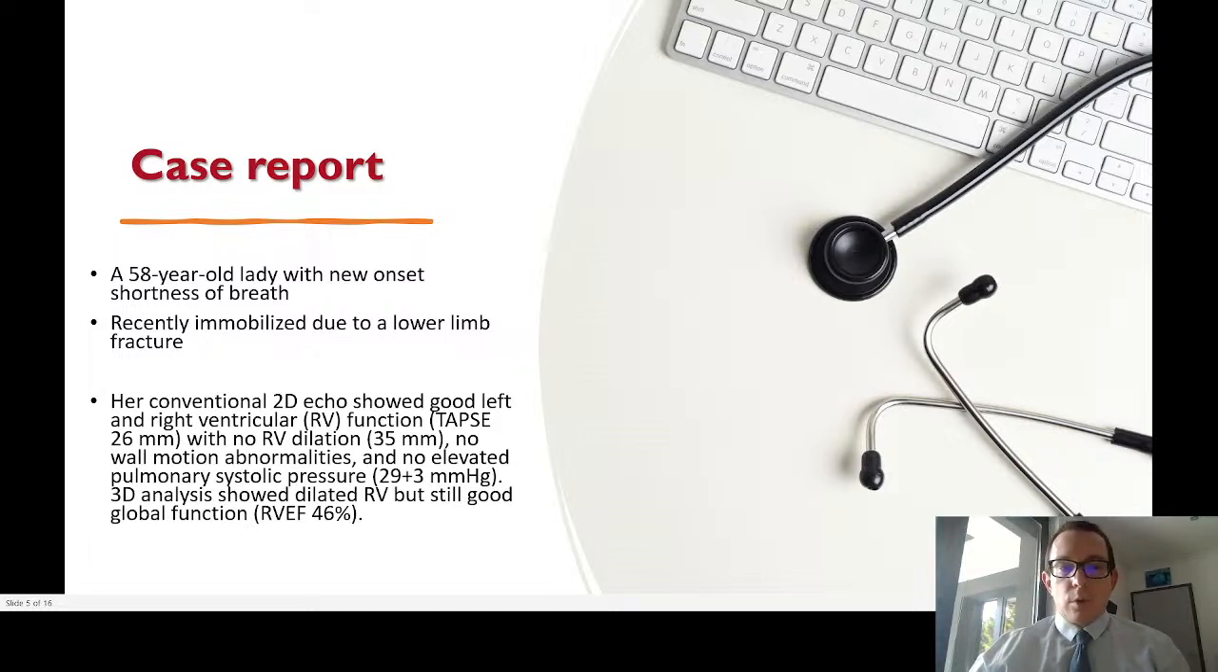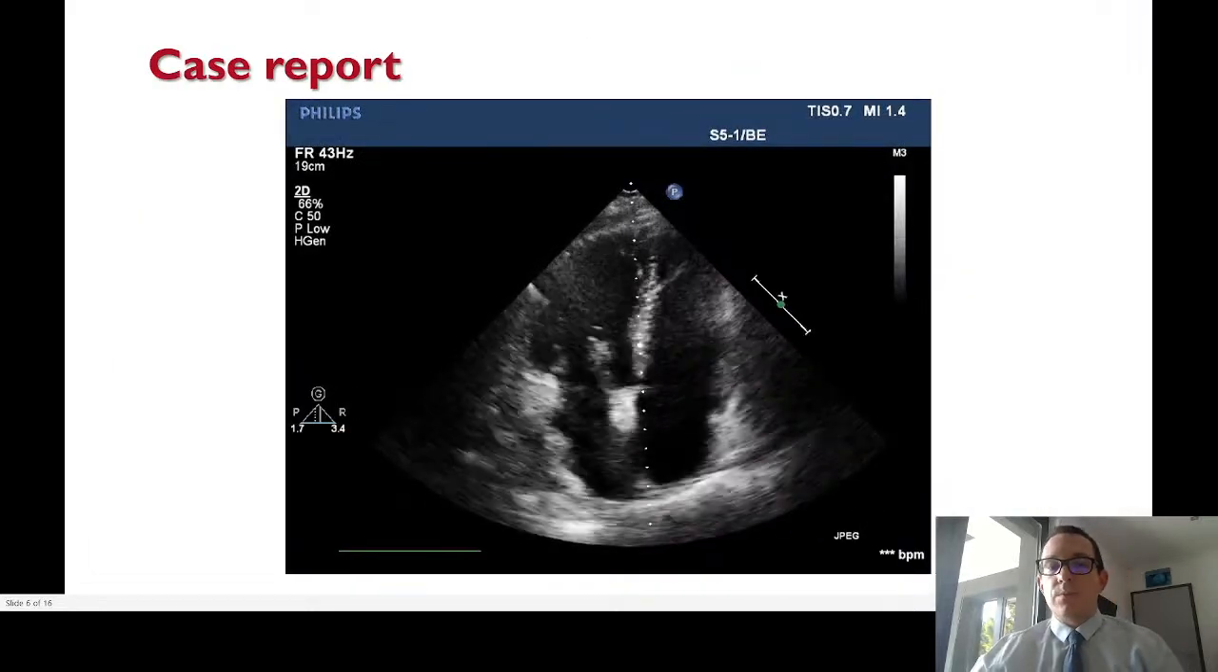I also saw no wall motion abnormalities using the apical four-chamber view, and the pulmonary systolic pressure was within normal ranges. Using a three-dimensional echo, I saw a dilated right ventricle but a maintained global function, with an ejection fraction of 46%. However, if I show you the